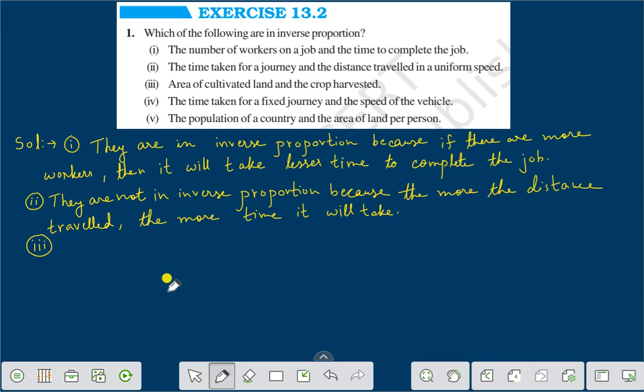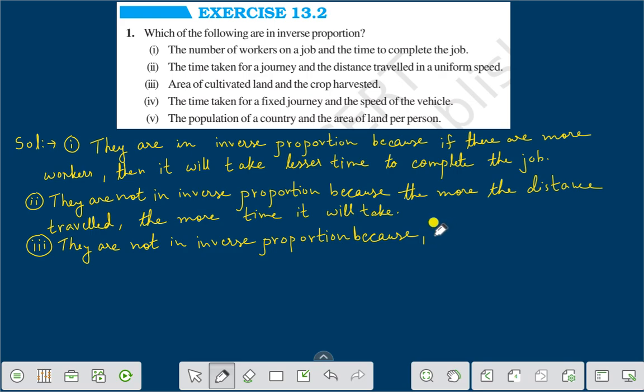They are not in inverse proportion, because